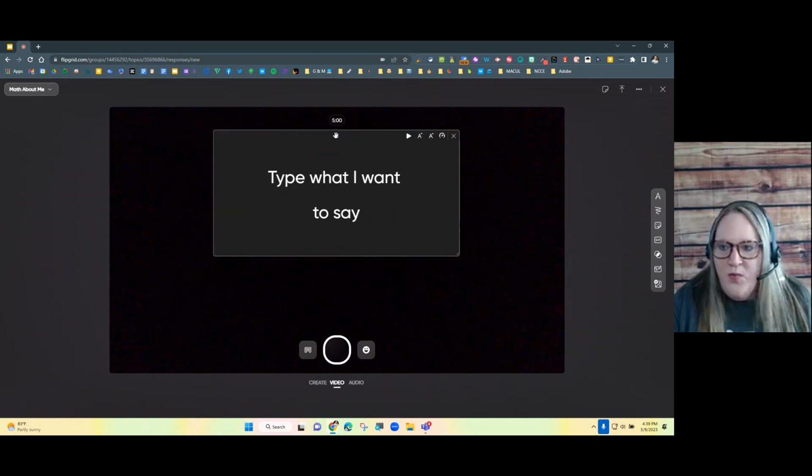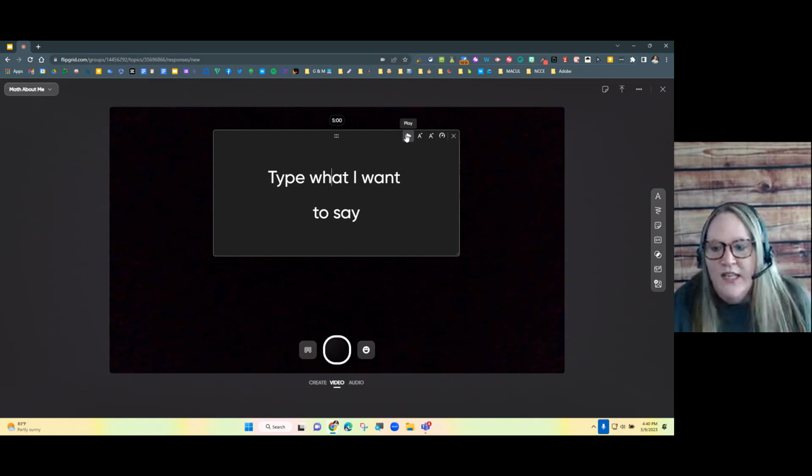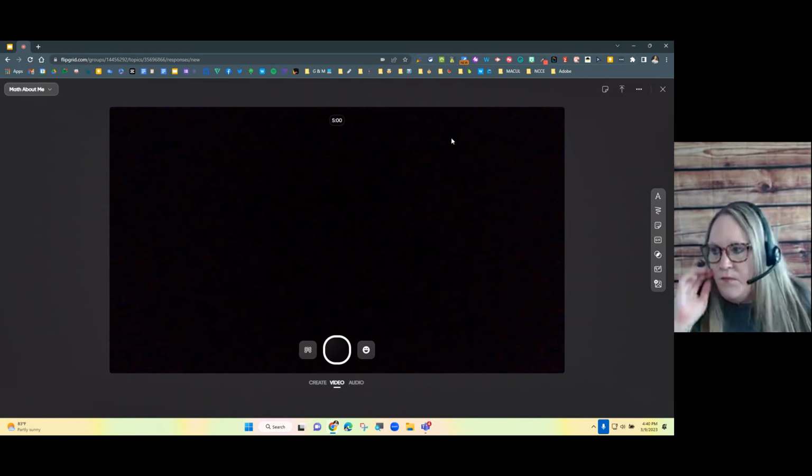It's not going to record as you are recording, but it will be there. There's even the scroll speed time here, a font size, and then this is where you press play once you're ready. So get all your stuff on the screen, maybe start your video, and then press play, and it will be there for you. And it's kind of see-through, transparent, so you can see what's behind the screen as well.